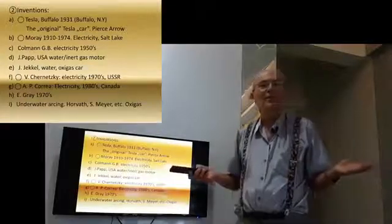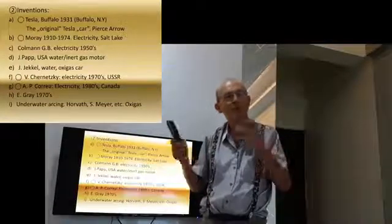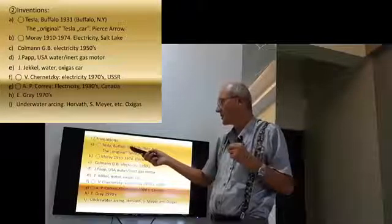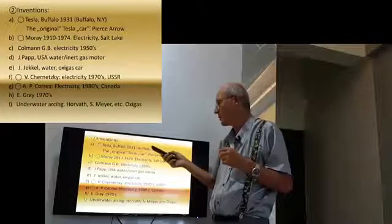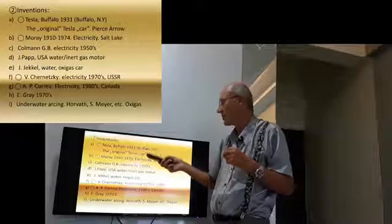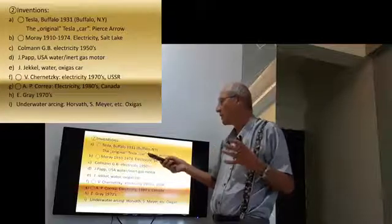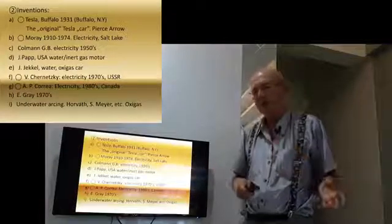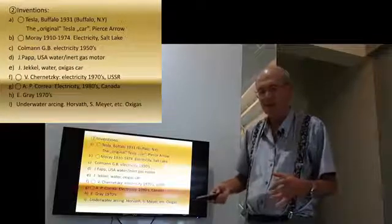Their conclusion, the energy is coming from ether, which might be true, but not in this case. So Tesla demonstrated his full electric car in 1931 in the summer of June in Buffalo, New York. And as an urban legend, this demonstration was not completely forgotten. Tesla turned a Pierce Arrow, then it was a luxury car. He threw away the internal combustion engine and put the electrical motor and his